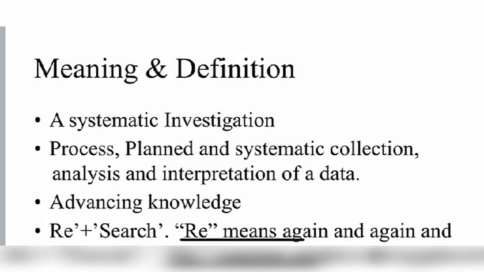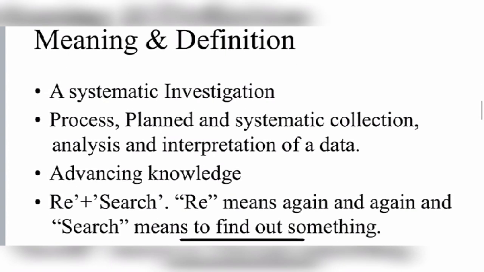We can also say that a systematic search for an answer to a question or a solution to a problem is called research. A systematic investigation. Social research is a systematic investigation to investigate